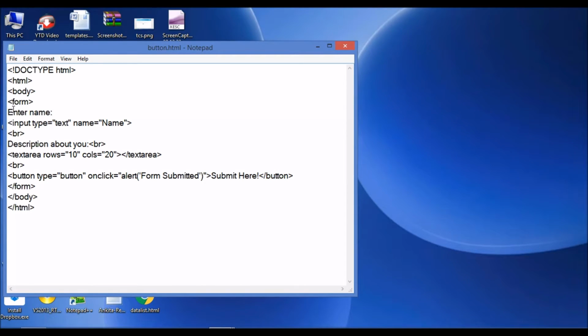In this form I have taken enter name, then its input type as text, then description about you, and I've taken a text area with rows and columns defined. Then I've taken a button which has this submit here written over it, and when you click on it you'll see this alert message. Let's see how the output would be.